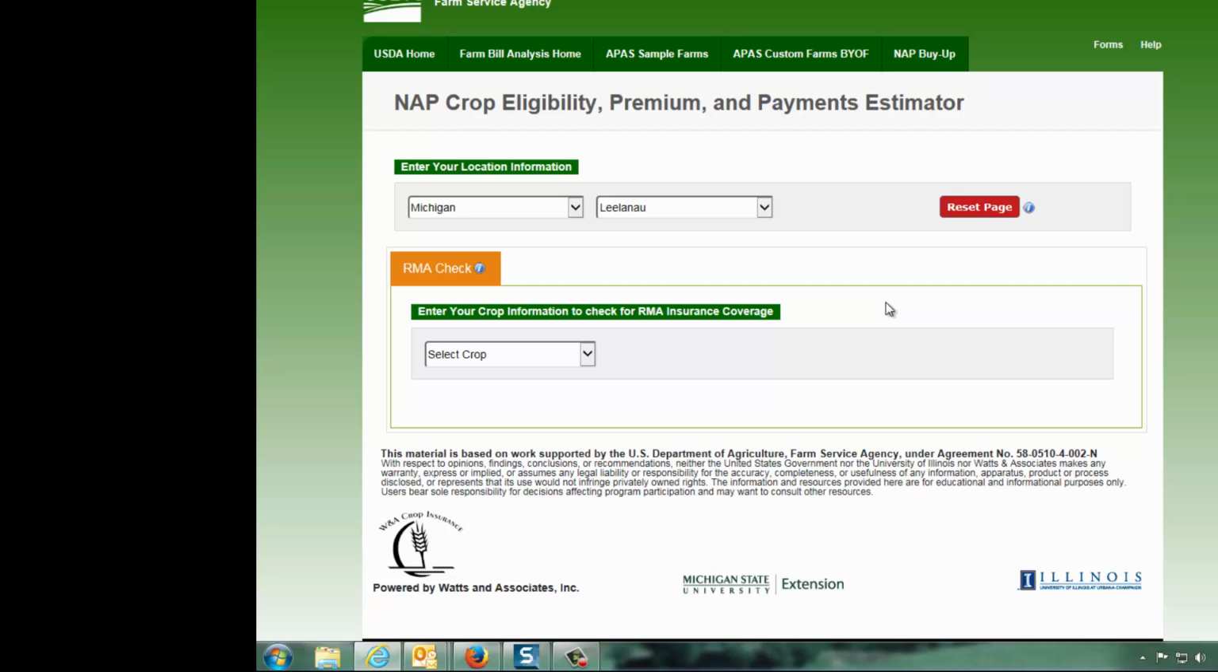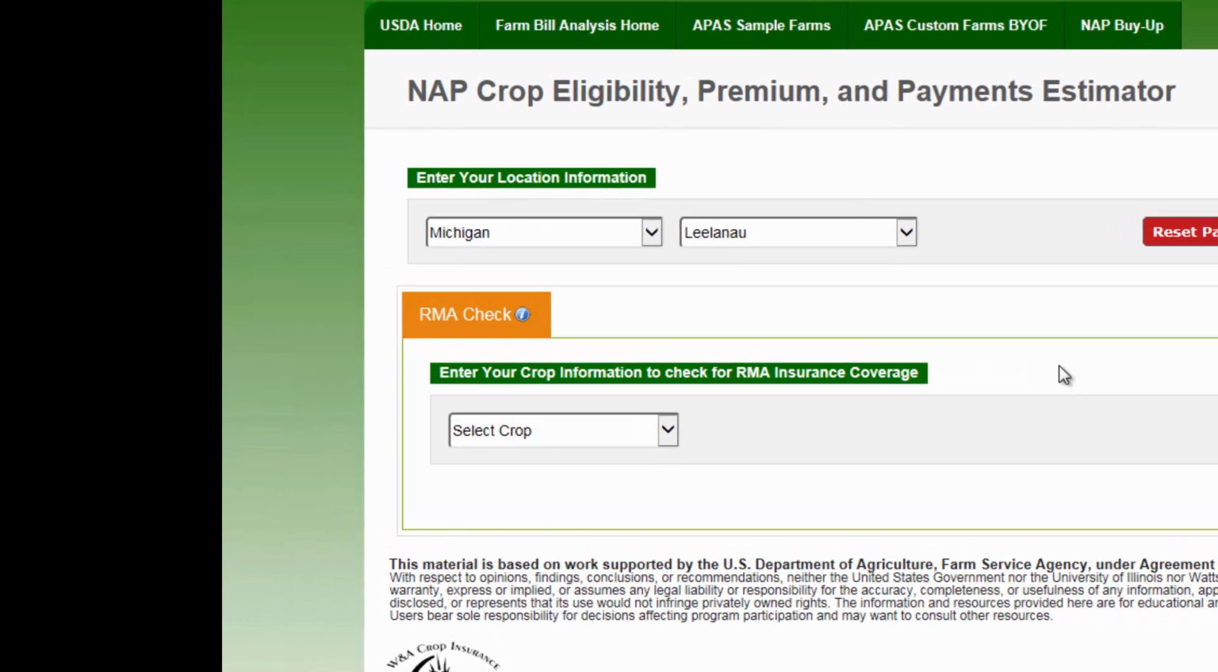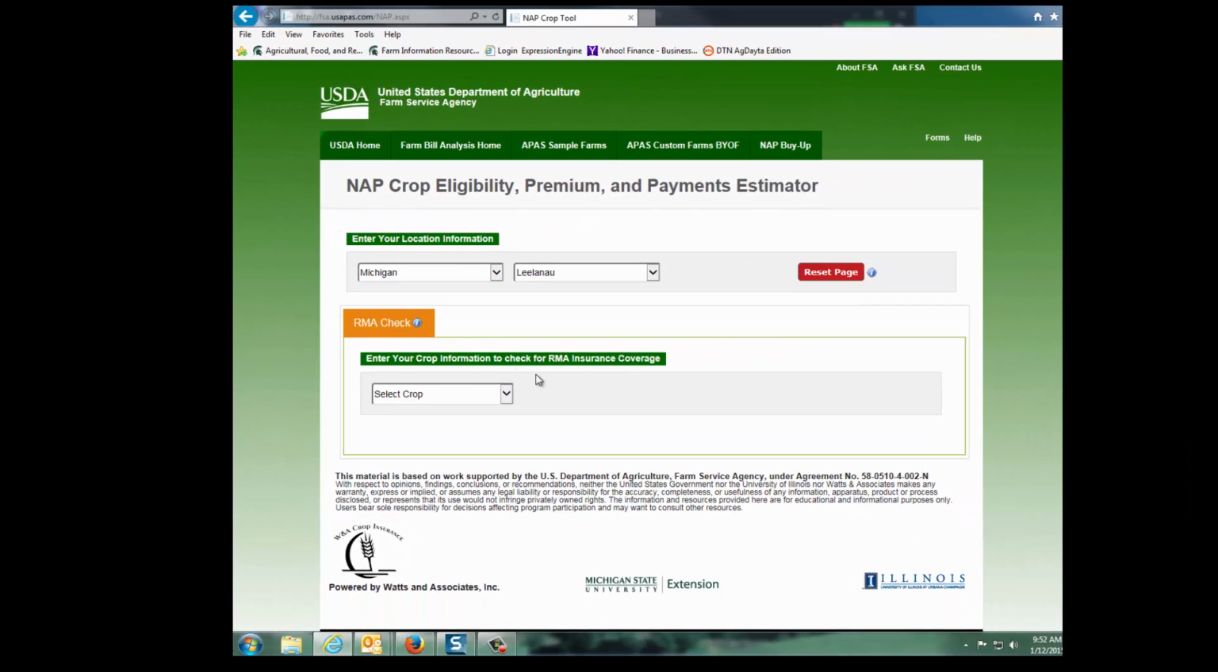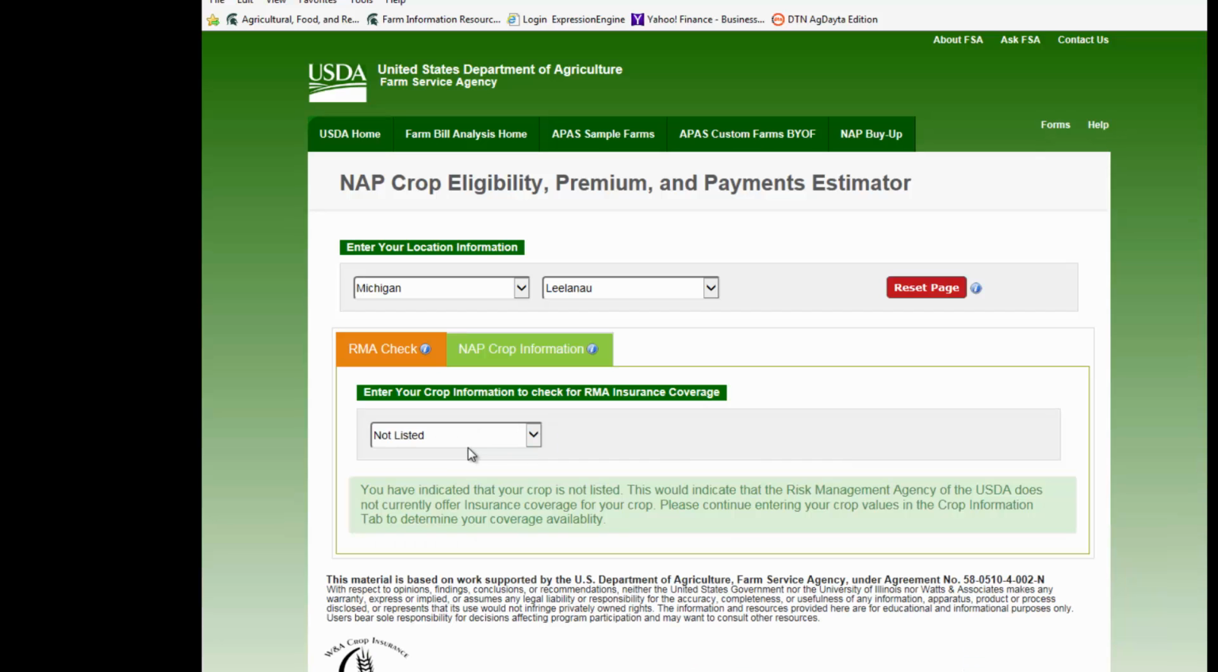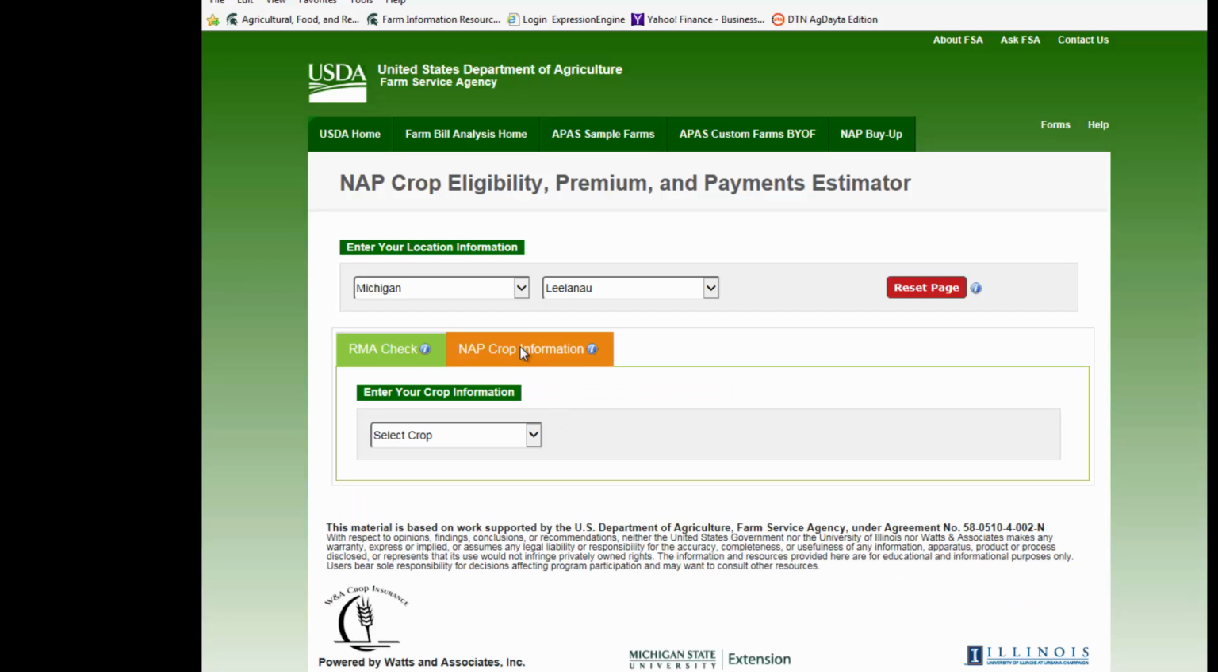First thing we need to do is what they call an RMA check. Is the crop you're thinking about covered in the Risk Management Agency, or do you need to use the NAP program? So we go down to select crop and click on it, and we want to do, say, tart cherries. That's not on the list, so you click not listed. If it's not listed, this lets you know that you need to use the NAP crop information versus going through the RMA. So we'll click on NAP crop information, and at this point here we need to enter the crop